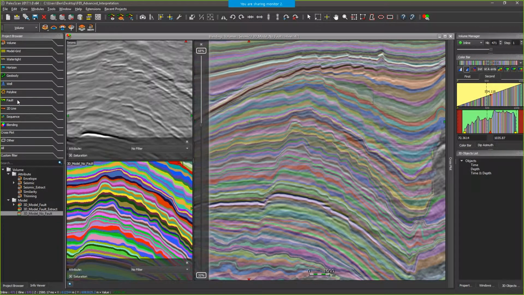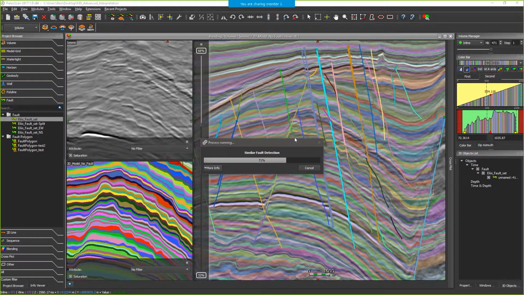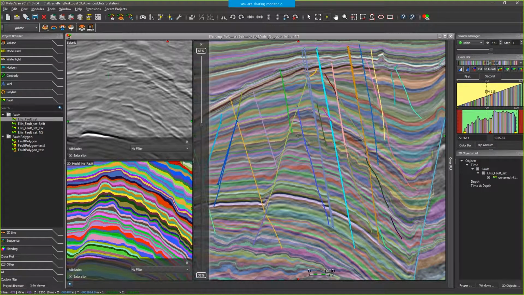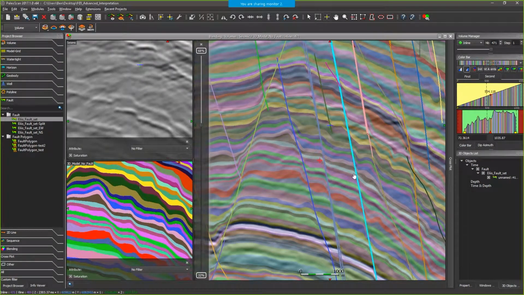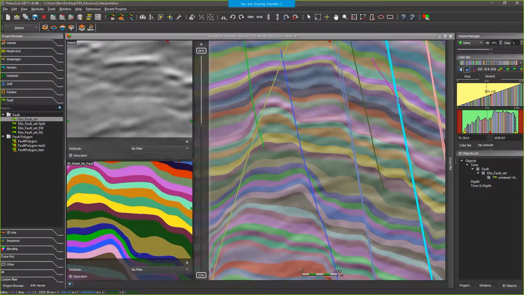If I drag and drop my fault to display it in the 3D viewer, I will then have the intersection in the 2D viewer. Now if I zoom on some faults, as you can see, because we smooth the model, we have something like this on the fault. We don't have the exact truncation between fault and horizons. That is what we want to solve with the watertight model: to manage exactly the truncation between fault and horizons.